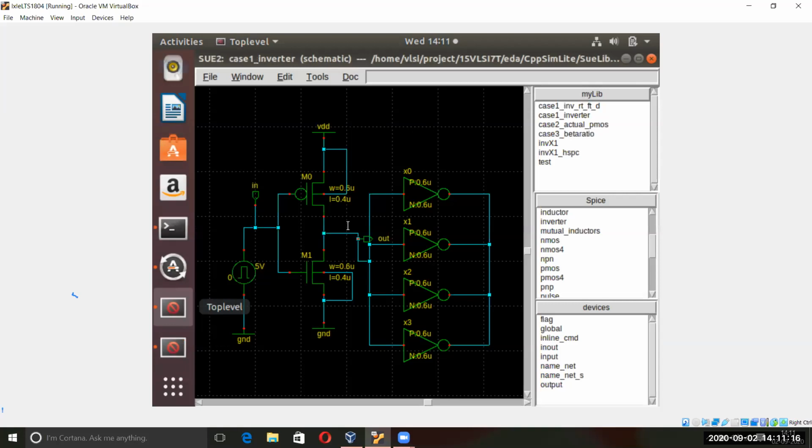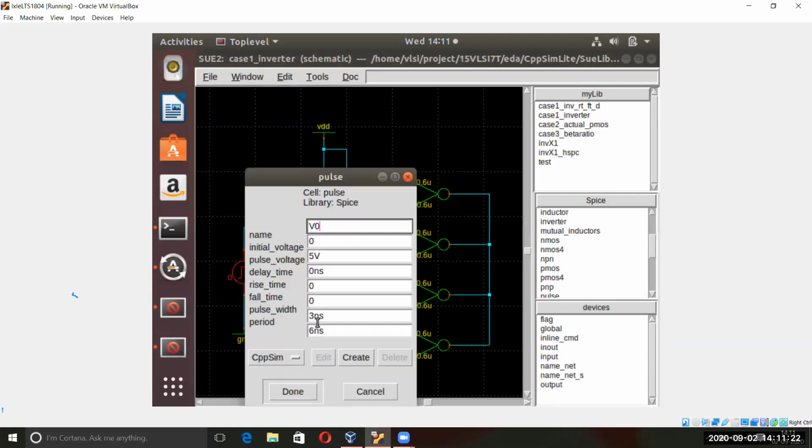Okay, see. This one we are not interested in giving any rise and fall time here, so we kept it 0. The pulse width is 3 nanoseconds. It is by default here. Here the period, as I was saying yesterday, the period of one complete pulse is 6 nanoseconds. Delay I have not given anything. And we are interested in switching 0 to 5, so 0 to 5 volts.